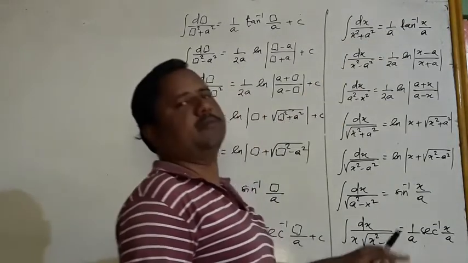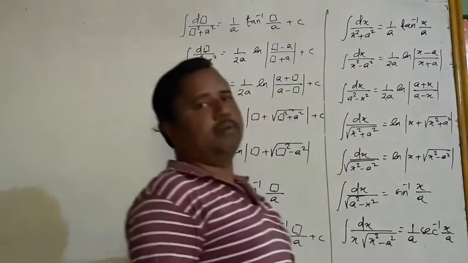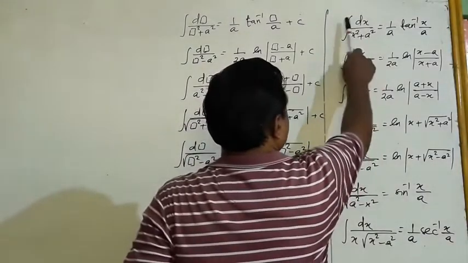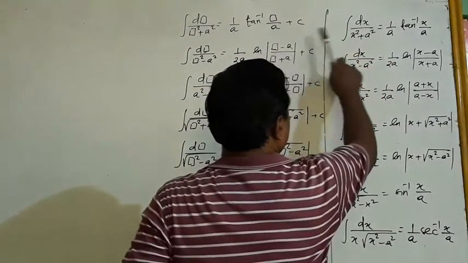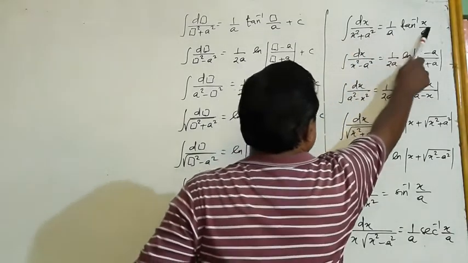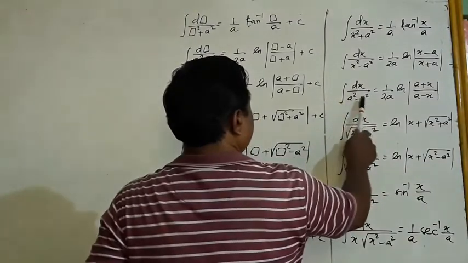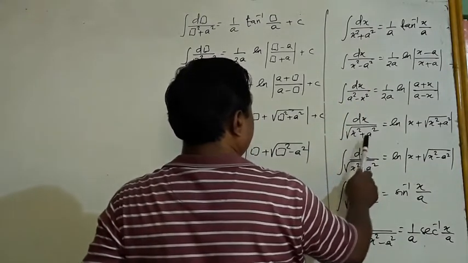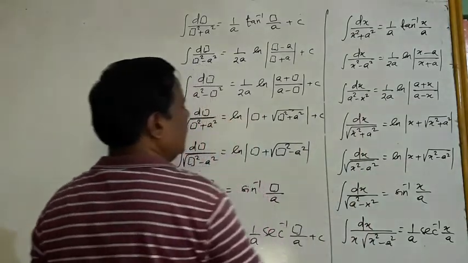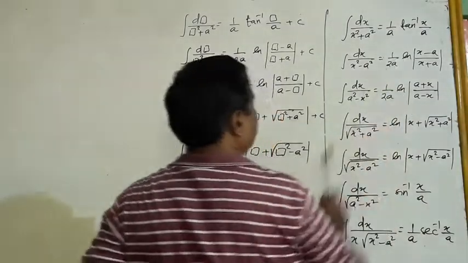x into x square minus a square. In both special cases, what will remain is 1 by a. Omit dx, omit the integration: x square plus 1. It is the derivative of tan inverse, so write it tan inverse x by a. x square minus 1 root over, minus x square plus 1 root over. In this, nothing is the derivative of anything, so in all these places put ln.